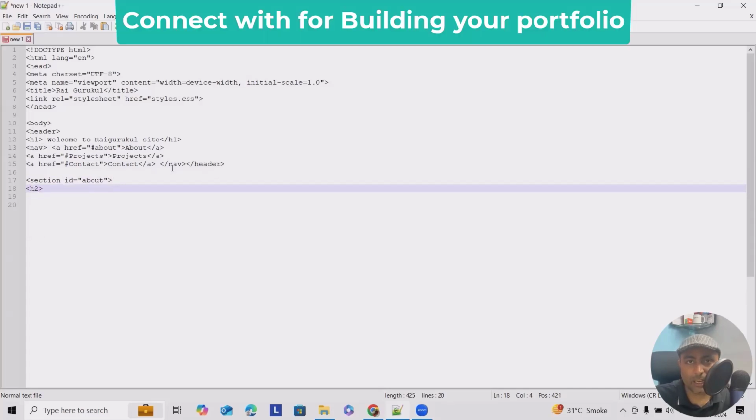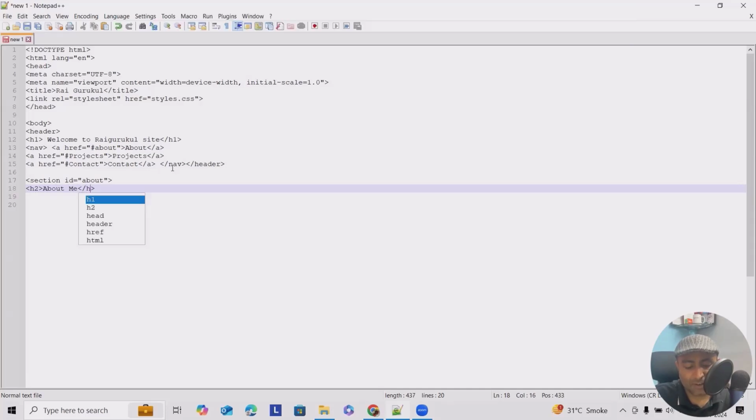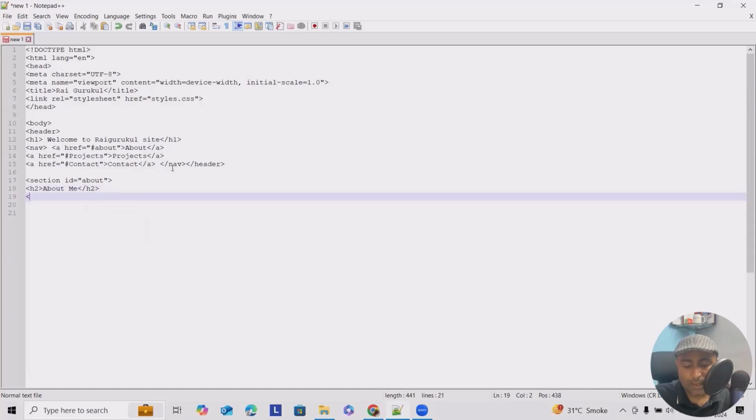S2 is again for text which should appear in big font. That's the reason we are using S2. And then P. P is used for the paragraph. So here I will write hello. I am Deepak Rai, a passionate